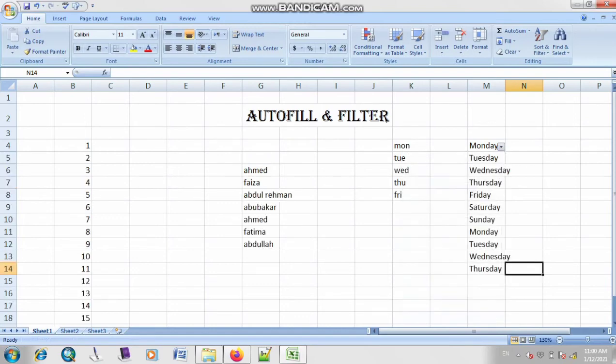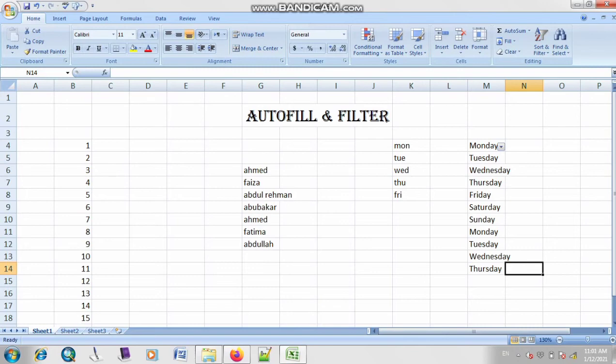So all your values will appear on your list. So in this way you can add or remove your values. This is very easy. So basically this is the use of filter. Filter is basically used if you want to apply some kind of restrictions, like some values you don't need in your document right now, but you can use them later.